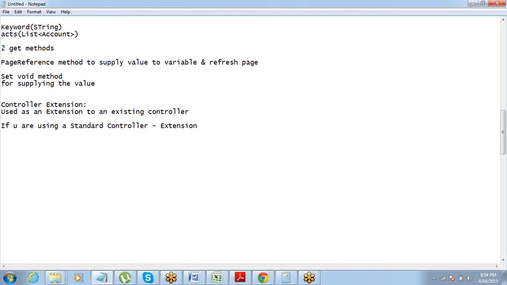Fine. So that is the logic. If you are using a standard controller and you need some additional functionalities, you are not very happy with what has been provided by the standard controller, create an extension. If you're using a custom controller and you do not want to go back and make changes or add more methods in the same class, the reason can be anything. You may not have access to change that, or you do not want to make changes in that.